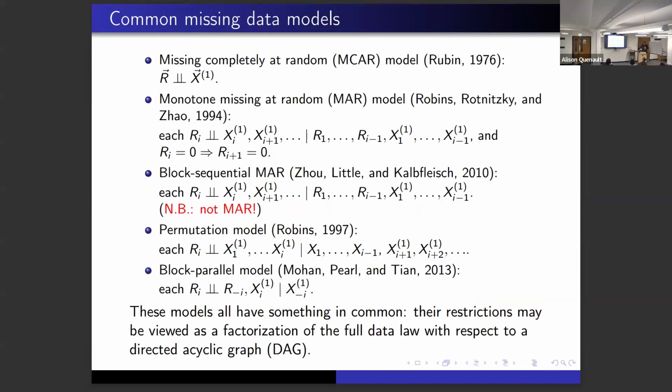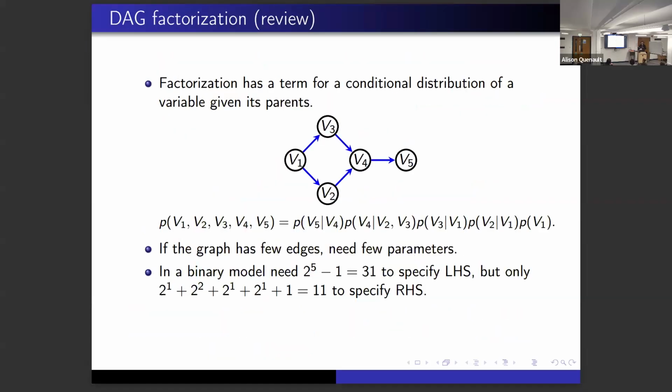Actually, Robbins, Rudnitsky, and Zhao didn't either, I think. I mean, they do now, but not at the time of publication. Certainly not Rubin. Rubin is not a very graphical guy. Only the last one was implicitly represented as a graph at the time of publication. But they're all graphs. Okay, so quick DAG review.